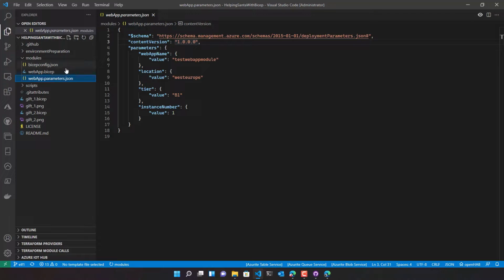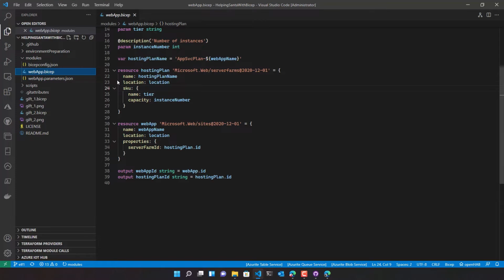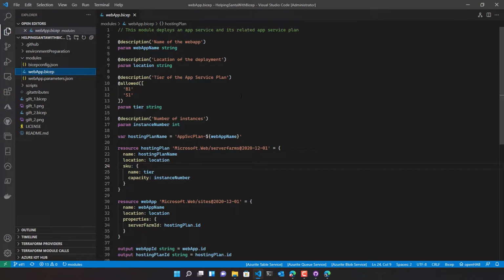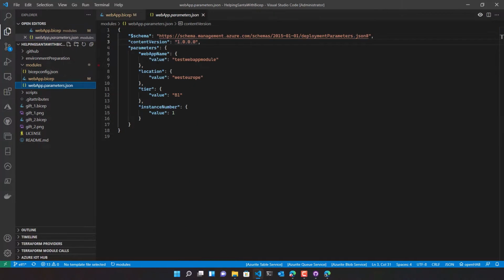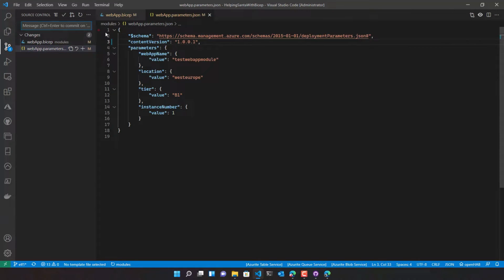Then let's introduce a couple of changes to this Bicep module by, for example, changing the comment here and increasing the version number here in the parameters file. Now we can push these changes